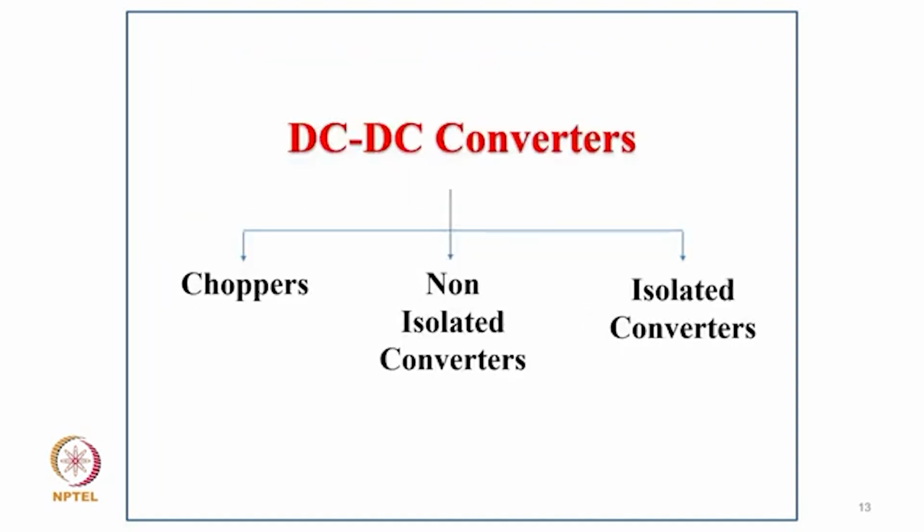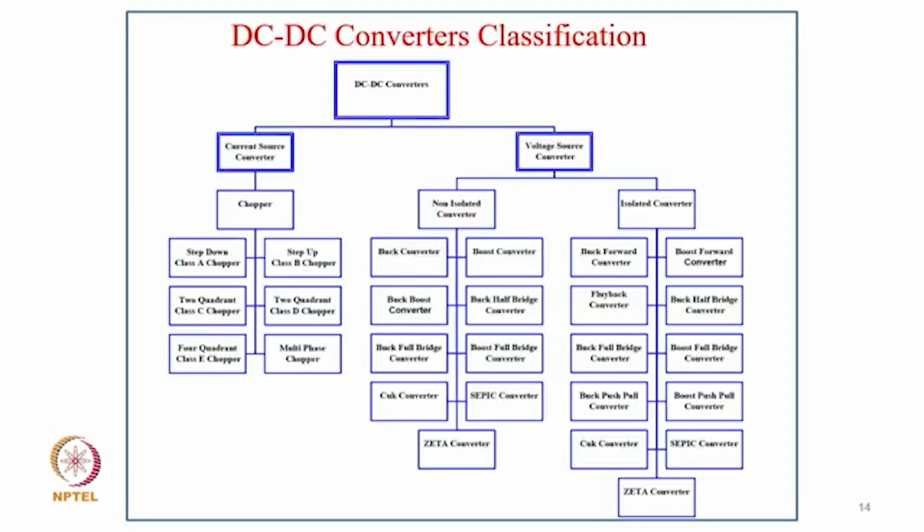Now, for this DC-DC converter we already covered three categories: chopper, non-isolated, and isolated converter. But in switch mode power supplies, we normally use an isolated DC-DC converter. This is the broad classification of the DC-DC converter. Of these, the last category, the isolated DC-DC converter, is more favored in general. Sometimes we even use a non-isolated DC-DC converter for applications where the voltage ratio is not very large, but where a large voltage reduction is required and isolation is also very important.